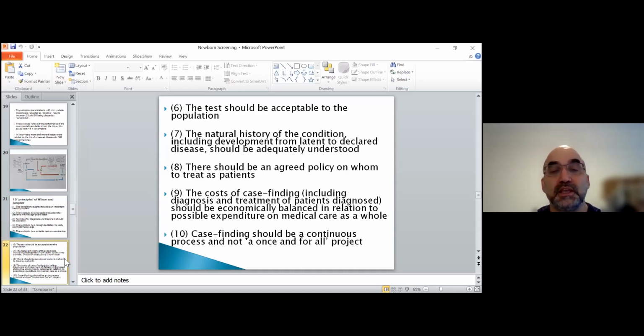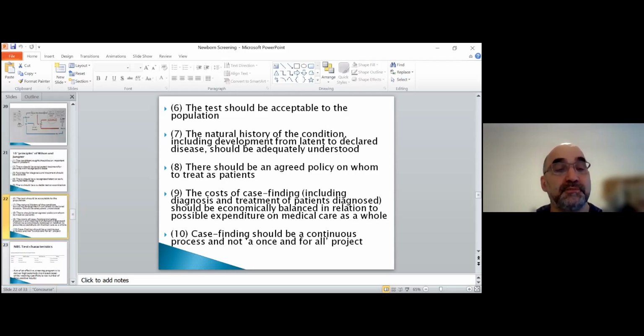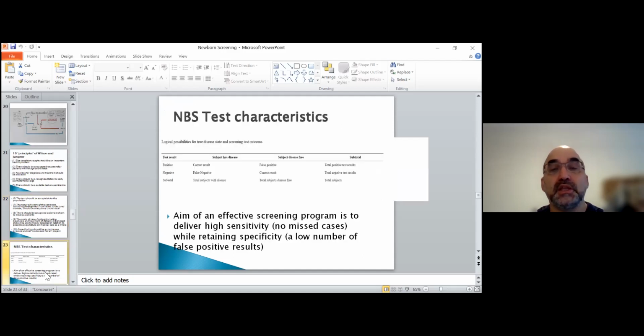So it should be in every baby that's born every day in the year, and there are no holidays for this. The labs should run the samples all the time. They have a break, but they get all the everyday births in the country and they do it, and it's currently being done. Something about the tests that we do for newborn screening.